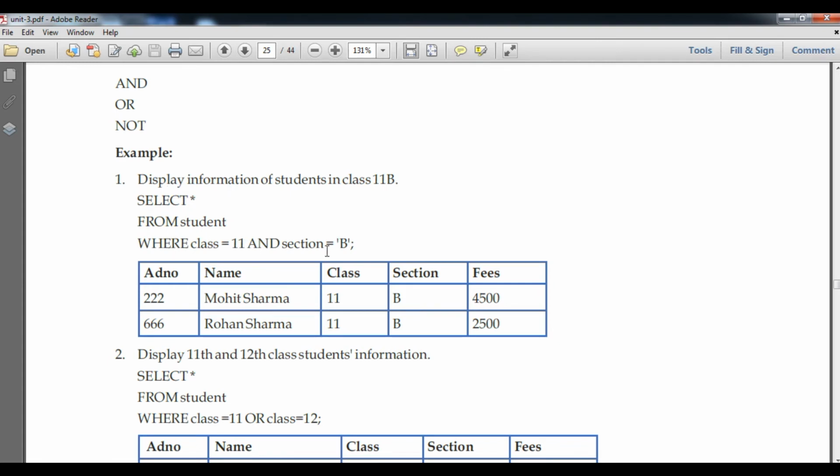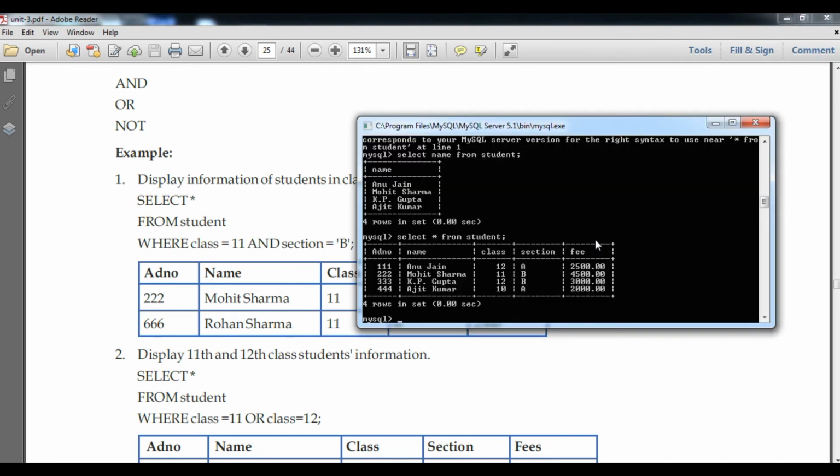So select star from student where class is 11th and section is B. It means if you look at the student list, you can see here is 12th A, 12th B, 11th B, 10th.